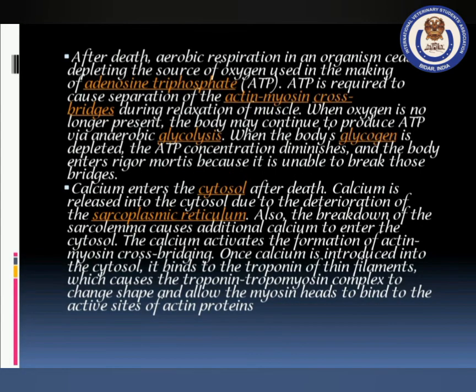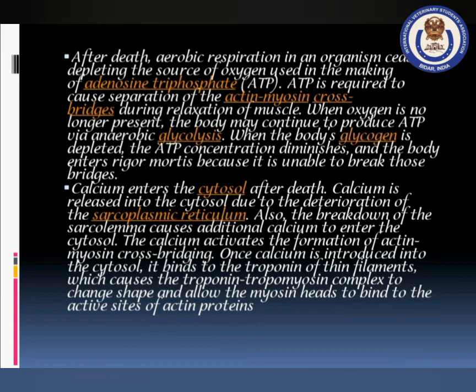After death, aerobic respiration in an organism ceases, depleting the source of oxygen used in the making of adenosine triphosphate (ATP). ATP is required to cause separation of actin-myosin cross bridges. During relaxation of muscle, when oxygen is no longer present, the body may continue to produce ATP via anaerobic glycolysis. After the death, the ATP is produced anaerobically through glycolysis. When the body's glycogen is depleted, the ATP concentration diminishes and the body enters rigor mortis because it is unable